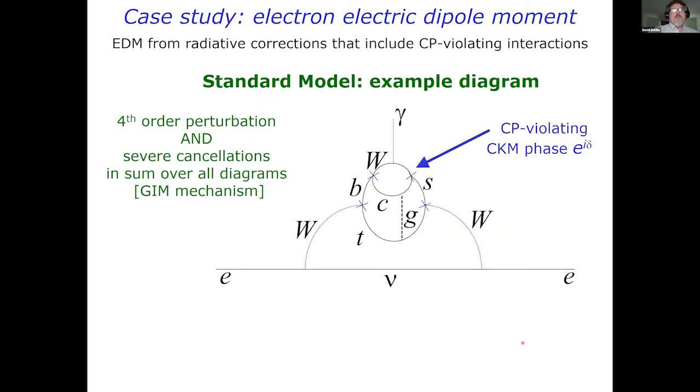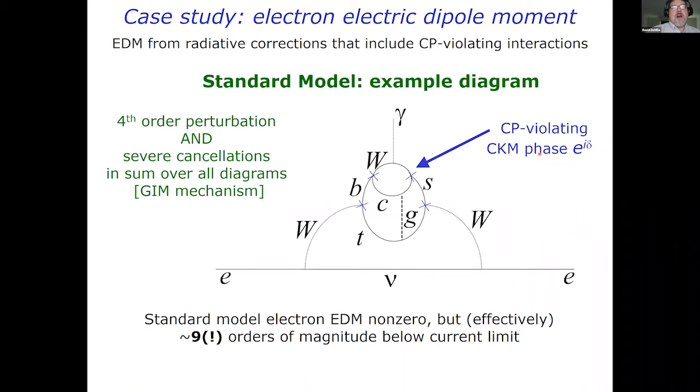So to give you an example of the physics that can lead to CP violation, it turns out that in the standard model, the electron has an electric dipole moment that's not 0, but it's extremely small. It happens only due to 4th order Feynman diagrams like this one. These diagrams sum up in a way that cancels the contributions from all of them to high precision, but not exactly. They all depend on the one CP violating effect that's known to exist in the standard model, associated with mixing of quarks. And the standard model prediction for the electron EDM is roughly 9 orders of magnitude below the current limit.